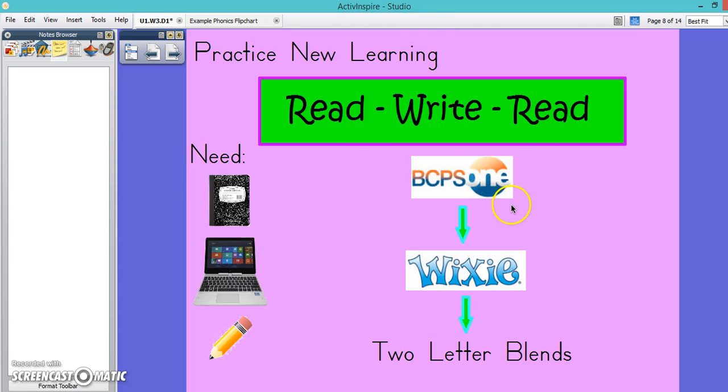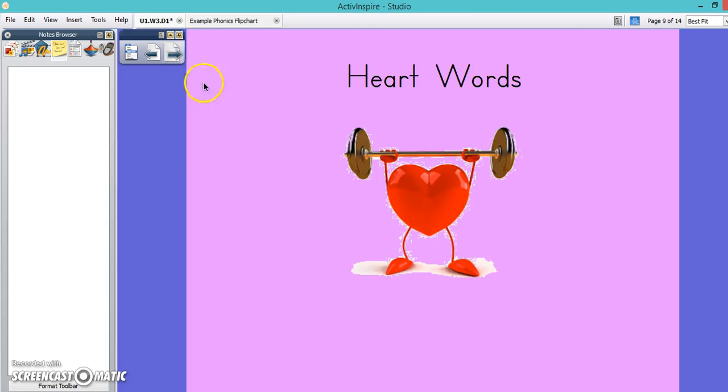At this time, once you send the children over and off to get started on this, it is a great time to start pulling and kind of pushing into small groups of children or individual children that you're concerned about or want to learn more about, or provide extra support. So after you have time to work with the kids, kind of come back and you'll have a chance for